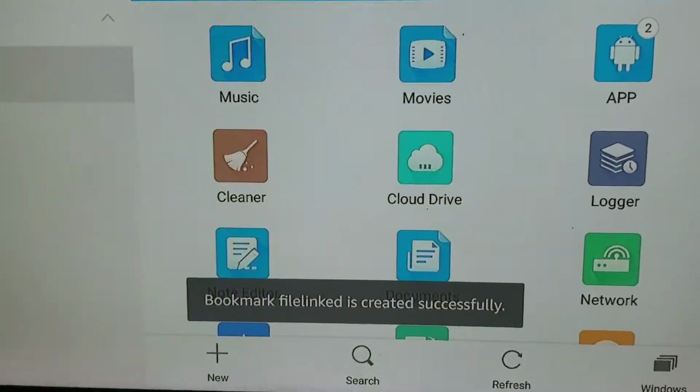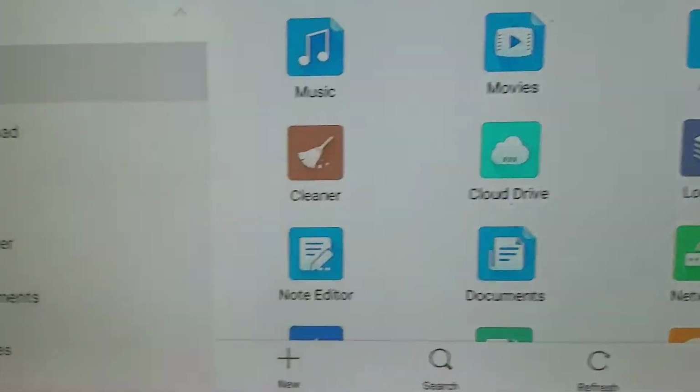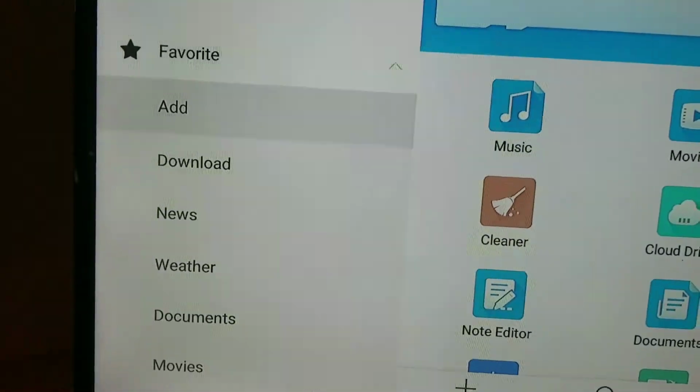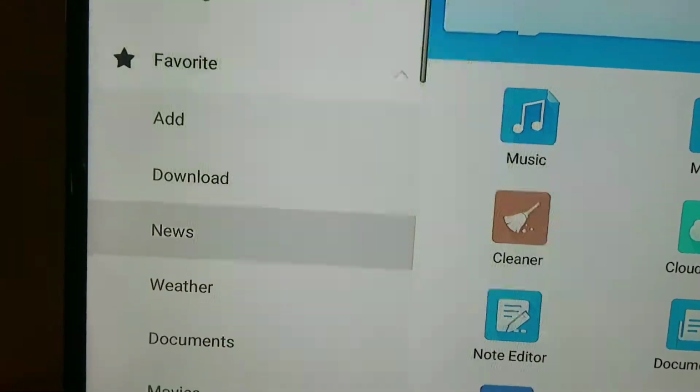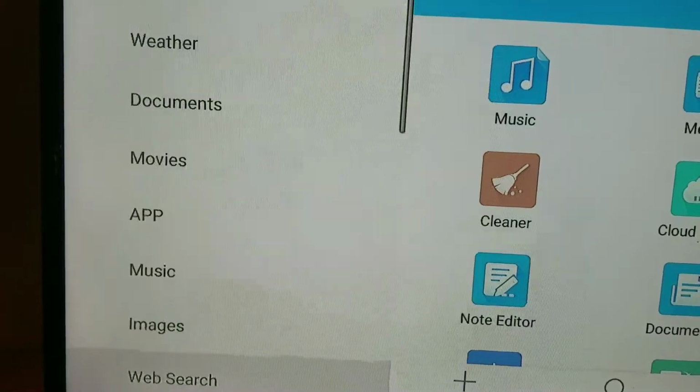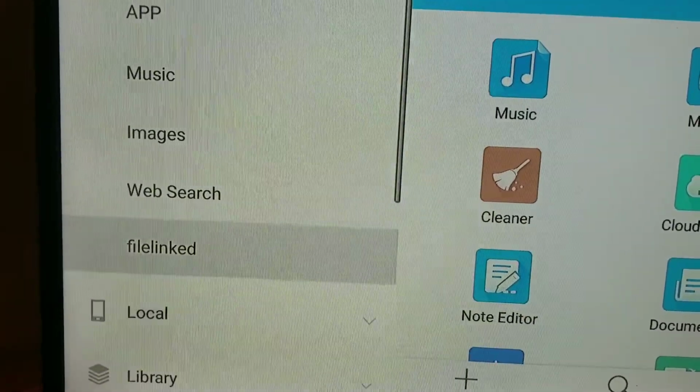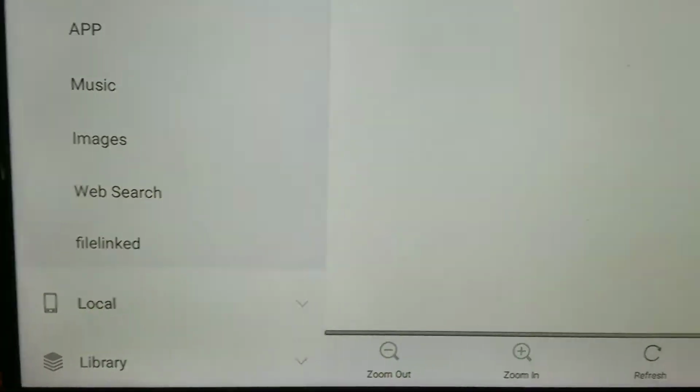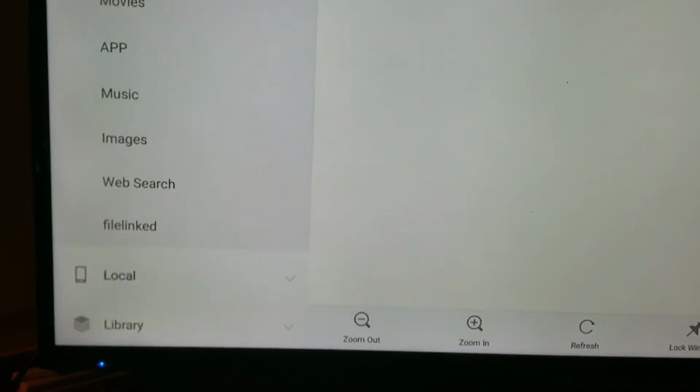It'll say bookmark FileLinked is created successfully. You're going to be back over here pretty much on the add. You're just going to start pressing down till you find FileLinked. You're going to click onto it. Screen's going to go blank here, that's fine. What we're going to do actually is keep pressing down,